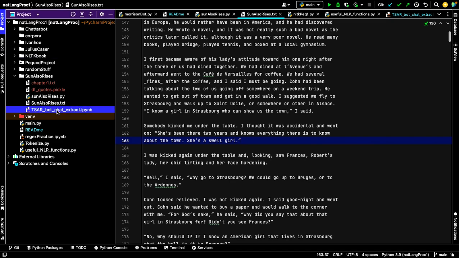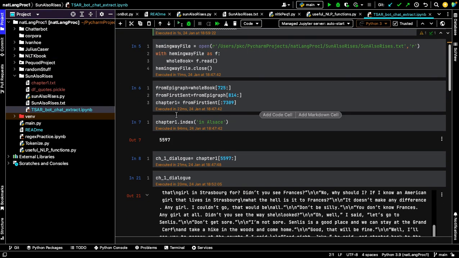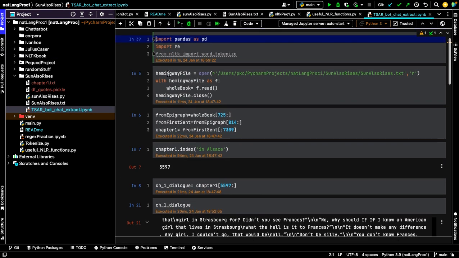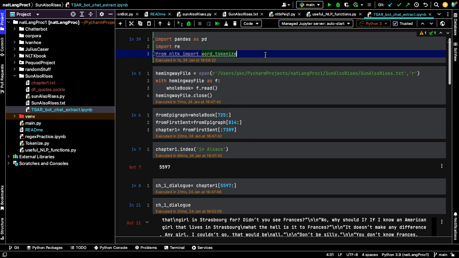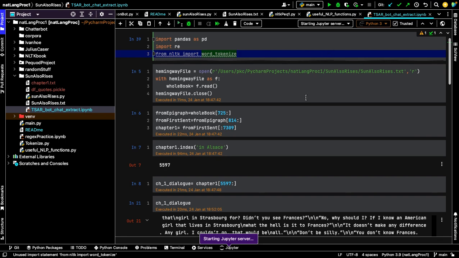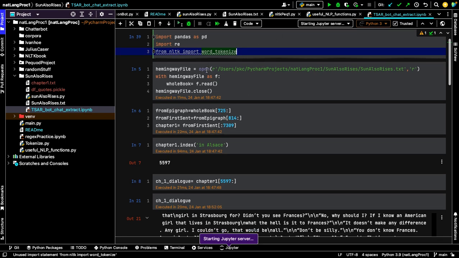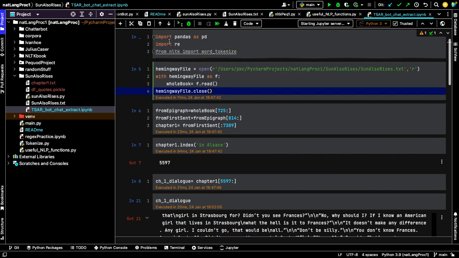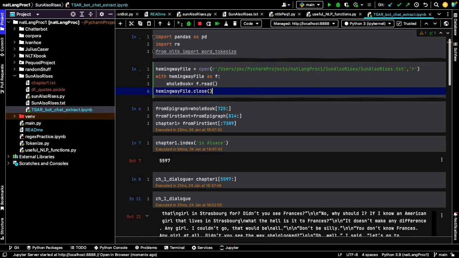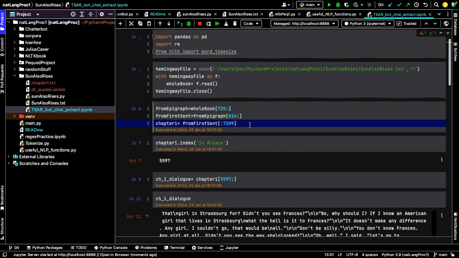So that's what this workbook is for. Basically, you just look here. Starting Jupyter, I didn't really need a lot of this. I open up the text, and I run these.